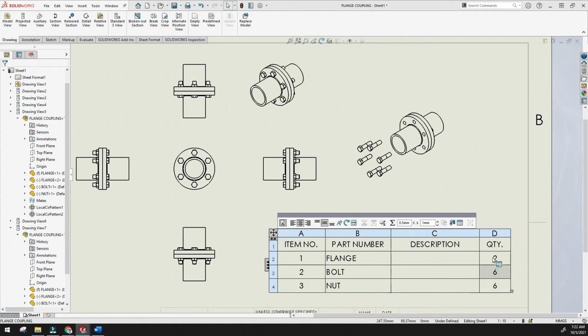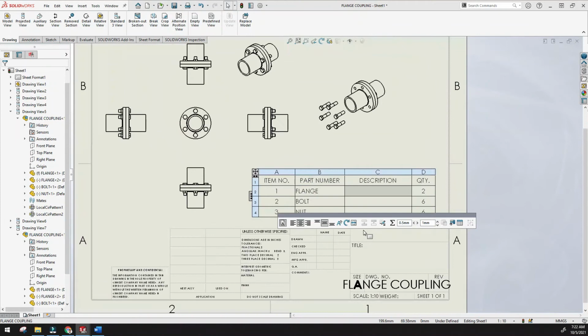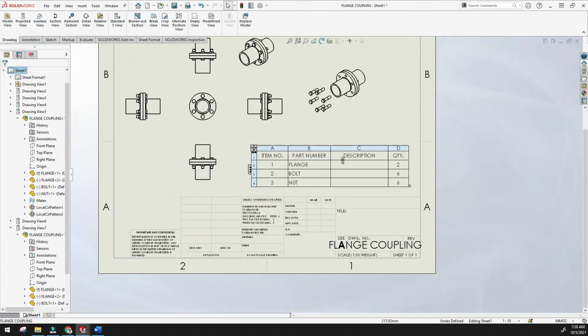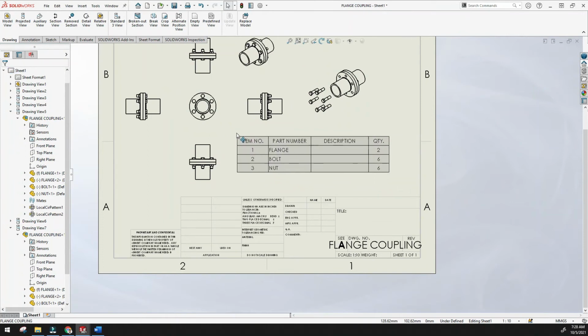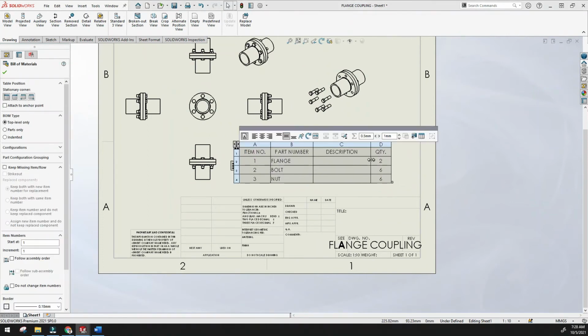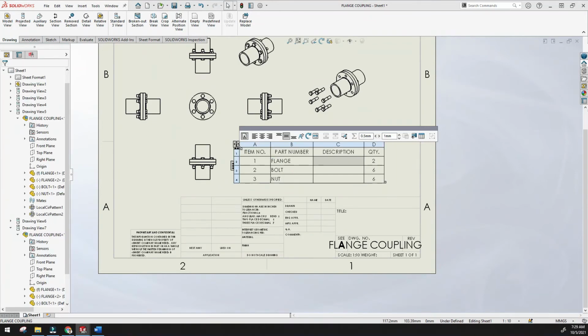In the description, if you want to write anything, you can write it here. It is very easy to describe something in the bill of materials, and this is actually the bill of materials: the quantities, names, item numbers. It is very handy and you can use these things. So many options are there. You can easily drag and move it, make the table smaller, or modify the table.